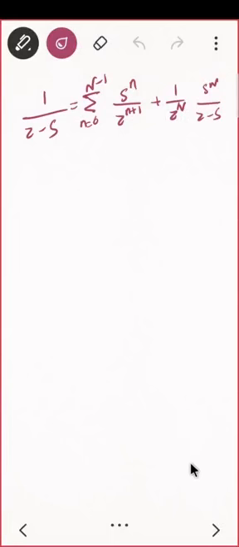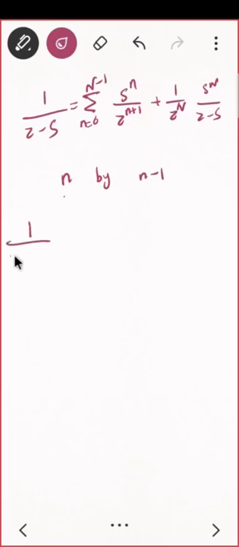Okay, now let us try this. This is summation from n equal to 0 to n minus 1. I want to make this summation running from n equal to 1 to n, so I just have to replace n by n minus 1, correct? So if I replace n by n minus 1, my summation will start from 1, because I am going one index back.